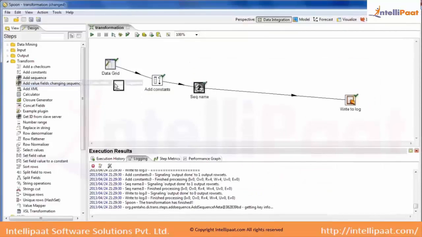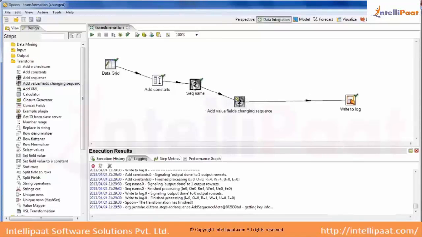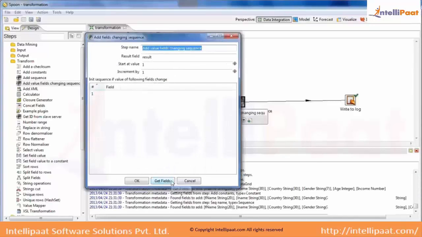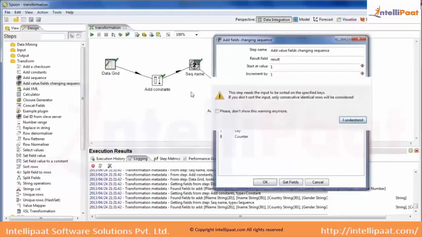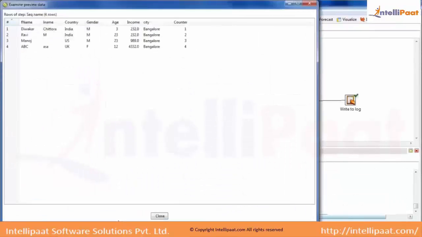Now we have one more thing called add value fields changing sequence. Okay. Now let's see what this step does. So in the earlier step, we talked about the sequence. Okay. So whatever things will come, it will go and increment the value. Now in this, we are saying I have these particular fields. Now based on the fields, so now what I want is for the country,